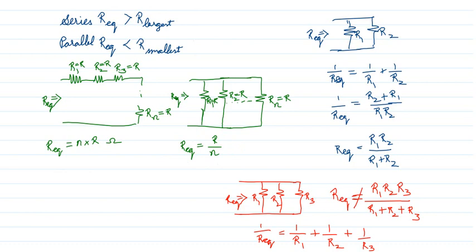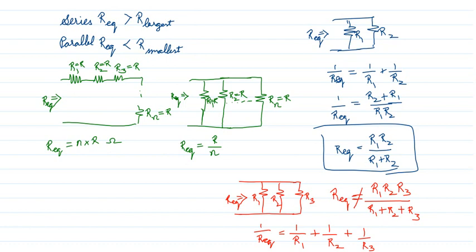Now we look at a case in which two resistors are in parallel. This is the most common case. If two resistors are in parallel, 1 by R equivalent equals 1 by R1 plus 1 by R2. Taking LCM, I get this expression. So R equivalent equals, I will invert this. What we can observe from this expression is that when two resistors are in parallel, I can find the equivalent resistance by multiplying those two resistance values and dividing by their sum. I will get the equivalent.